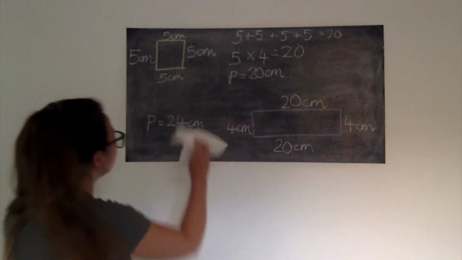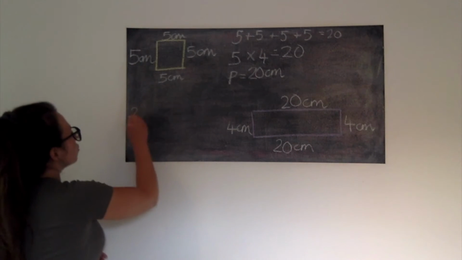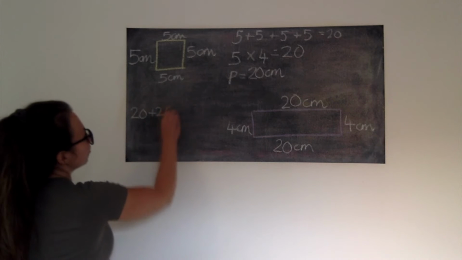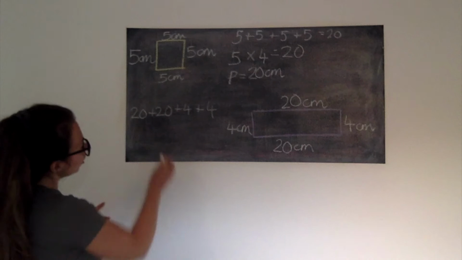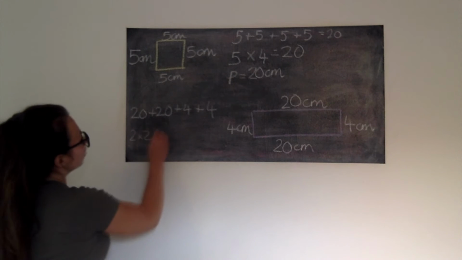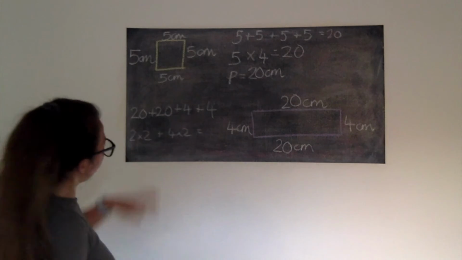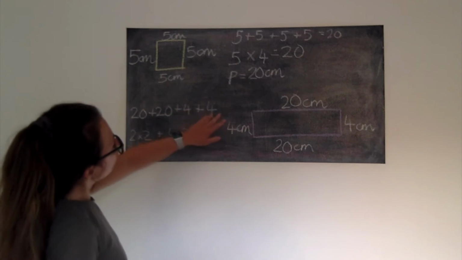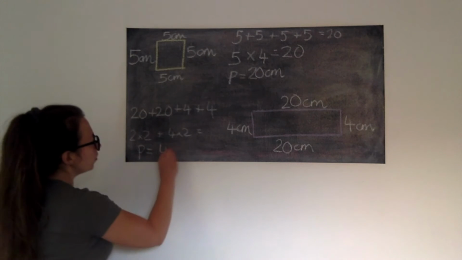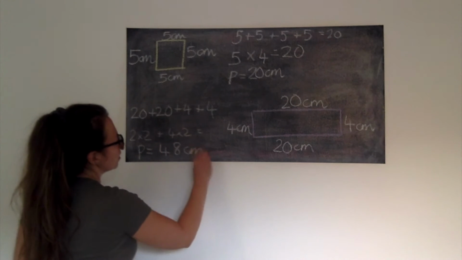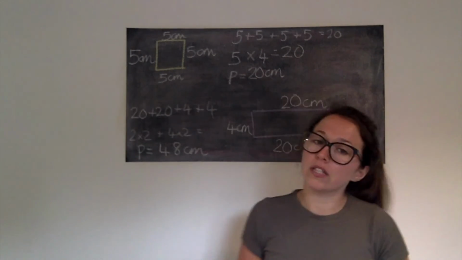Now we can do our calculation. And again, like earlier, we could do 20 plus 20 plus 4 plus 4. Okay? Or we could do 20 times 2 plus 4 times 2, and that gives us our answer. Okay, so 20 plus 20 is 40, 4 and 4 is 8, so the perimeter of this shape is 48 centimetres. So well done if you got the correct answers, and even better if you've managed to explain it and